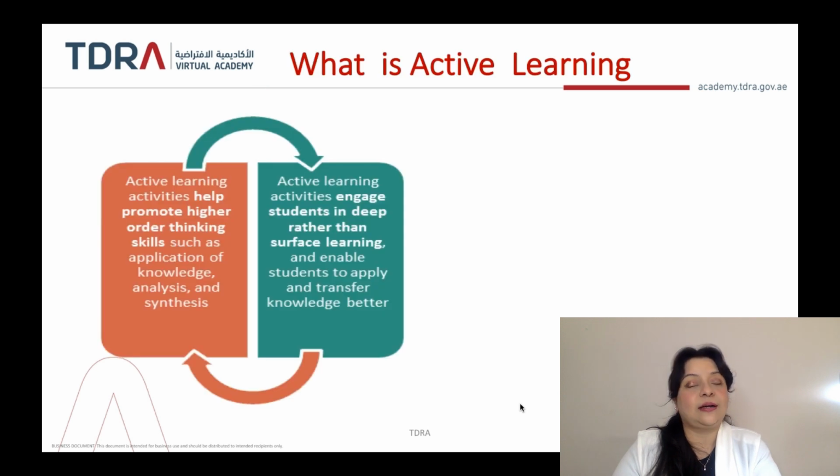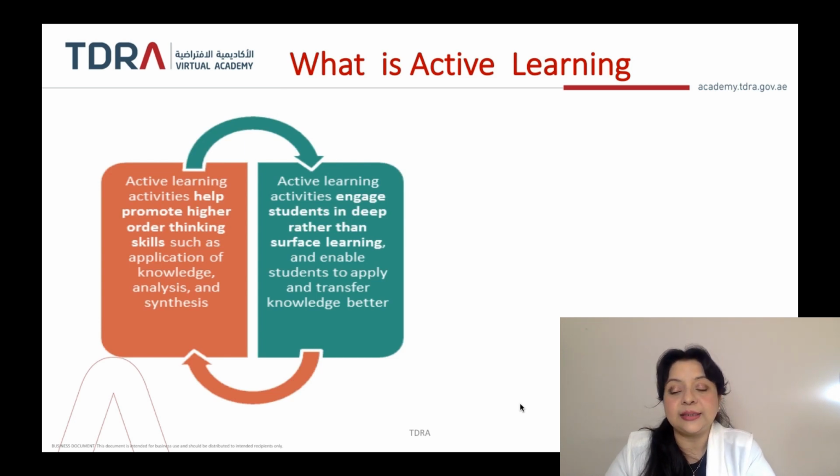So let us first start with active learning and why is it important? Increasingly in our educational field, in our learning environments, in our organizations, we find that the learning levels that people are achieving are not what they should have been or they can be bettered. And so active learning strategies have been around for a long time, especially in the training and learning and development field. Let us now understand active learning activities and how they are important.